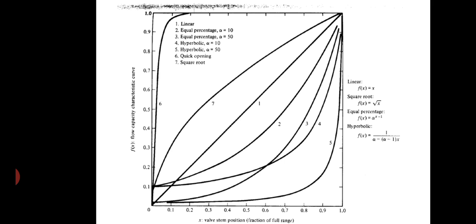This is possible because of the initial linear characteristic at a low percentage of stem travel, right? So the slope of this linear region is very steep. You can see from the figure, from curve 6, it is very steep, which produces a very high initial gain compared to the linear plug, but also increases the potential instability of the